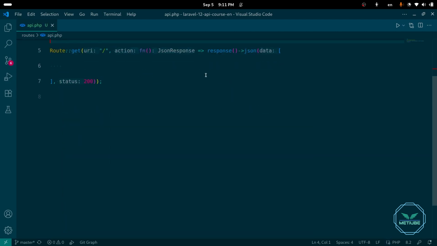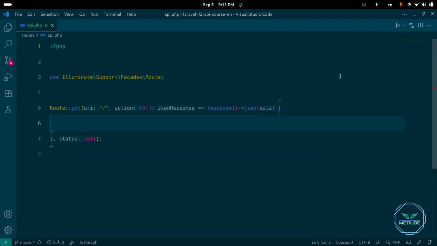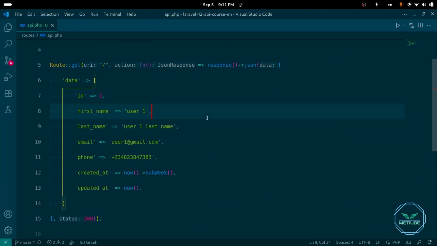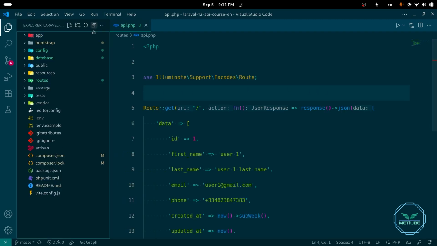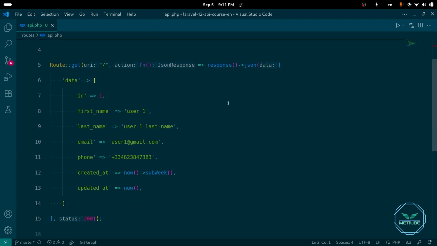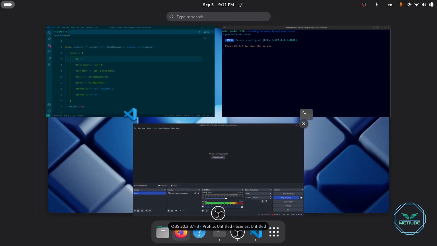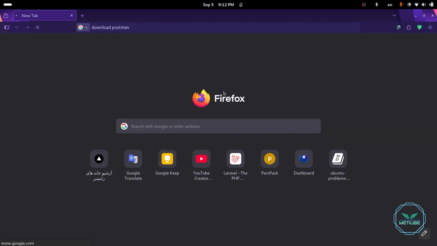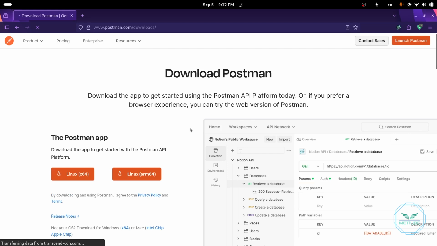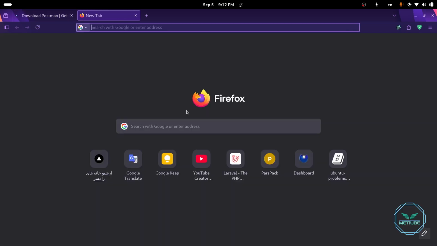So after this, I'm going to generate a fake response and come back. So I generated a fake response for you guys to see how it works, and now we have to call this API actually to see the results. In order to do that, we have two options. One is downloading and installing Postman. It requires an account which is free. You can use your Gmail,